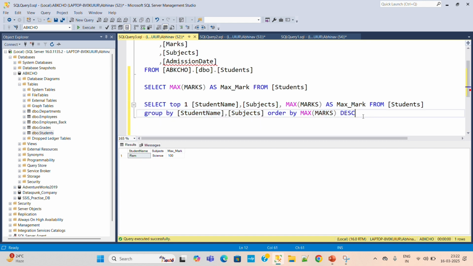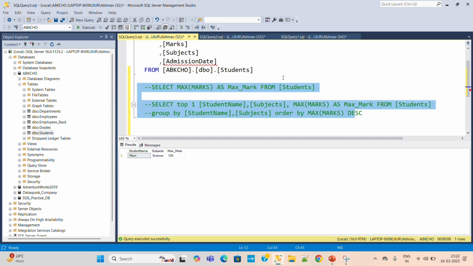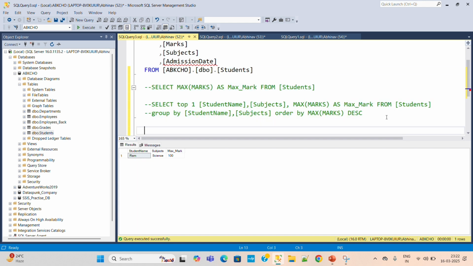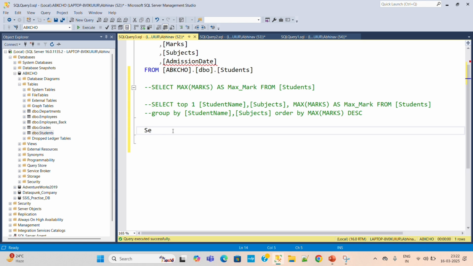Okay. Now as we have seen in the statement, maximum is applied for date also. So this also we can check. What is the maximum date of admission? What is the maximum admission date? Okay, then Control R. So we will check for the maximum admission date. So select max admission date from students table. Okay, now what we are getting,